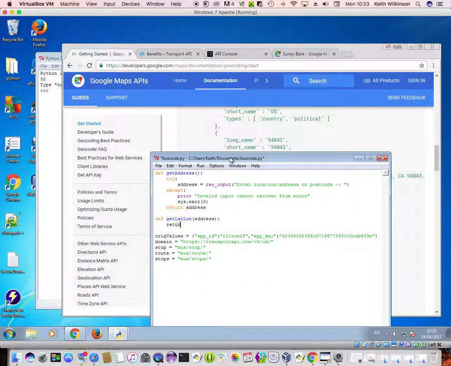So if I just return geometry, and we'll deal with what it contains later, for now we're just going to return the geometry, which is going to contain information about latitude and longitude in a dictionary. So first thing we need to do is, because we're returning it, let's make sure it's empty to begin with. Geometry is an empty dictionary,